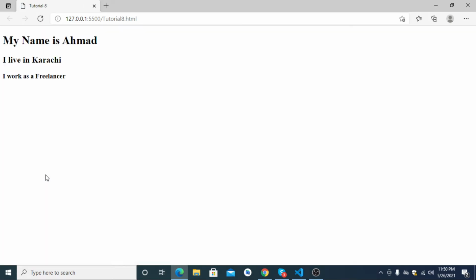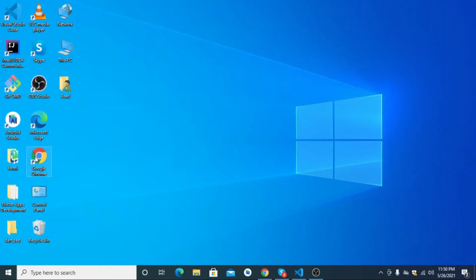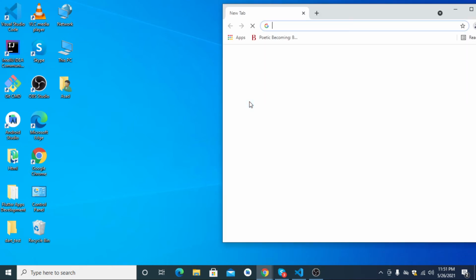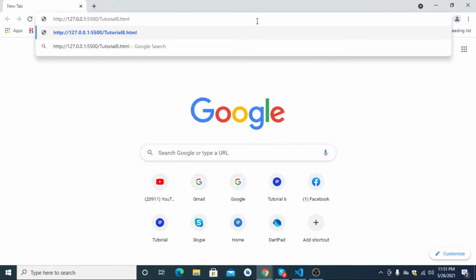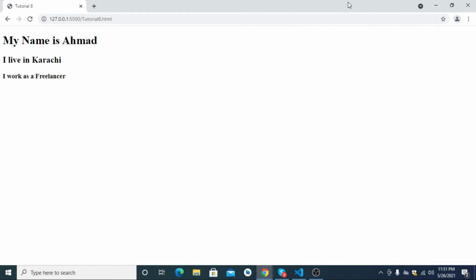So I am just copying this link from here, and now I am opening my Google Chrome and I will paste the link here. Control V, enter.